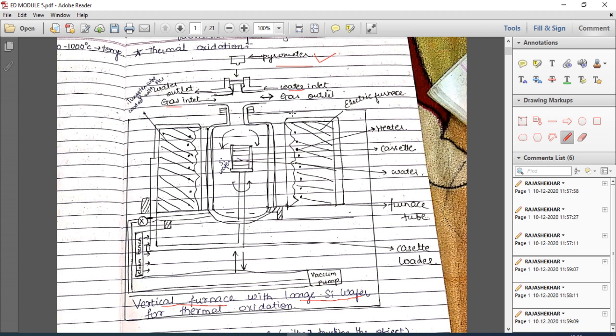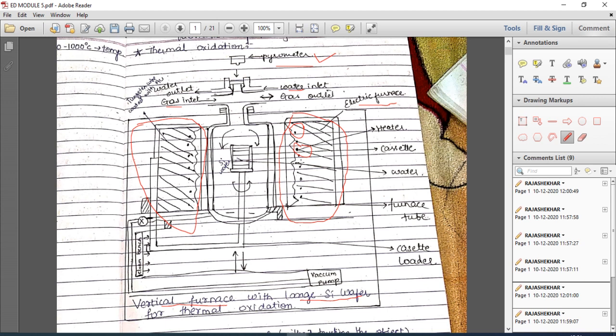So now this is what? This part which is shown here, this part and this part, we call it an electric furnace. This electric furnace uses heater coils. Here the dots which are used, we call them heaters. Now the role of the electric furnace is to provide the electricity to a heater. So these heater coils